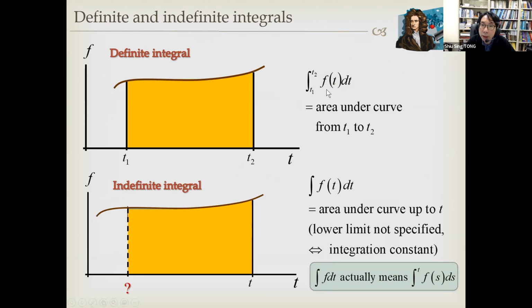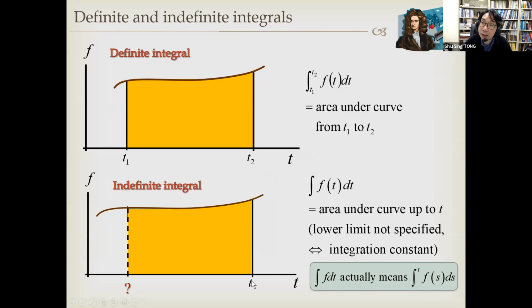Now the definite integral, as I say, is the area under the curve from t1 to t2. But what is an indefinite integral? You can think of it in this way. It is a kind of integration. I integrate a function with respect to a variable, but I know the upper limit. The upper limit is set at t. T is any point you like. So the integration of f over ds with an upper limit at t will give you a function